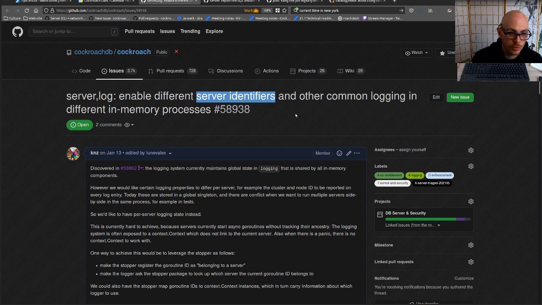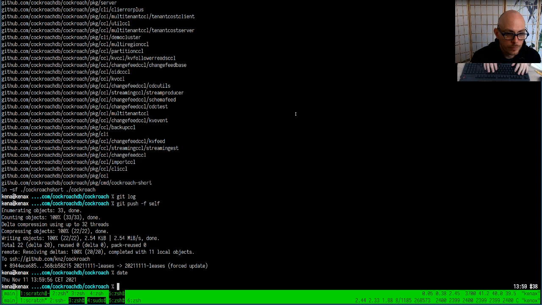multiple servers inside the same process in memory. And so they all will produce their output and their artifacts as the output of the same process. And we want a way to distinguish them. So how this works usually in CockroachDB is in the output